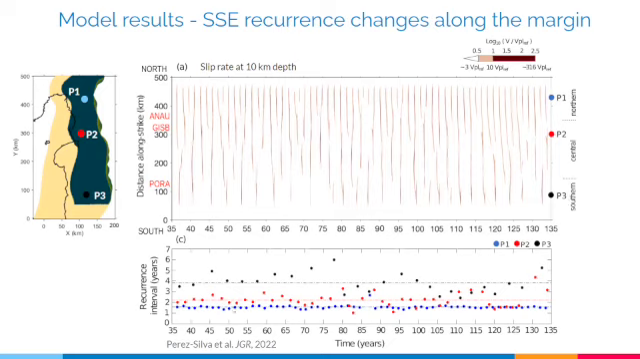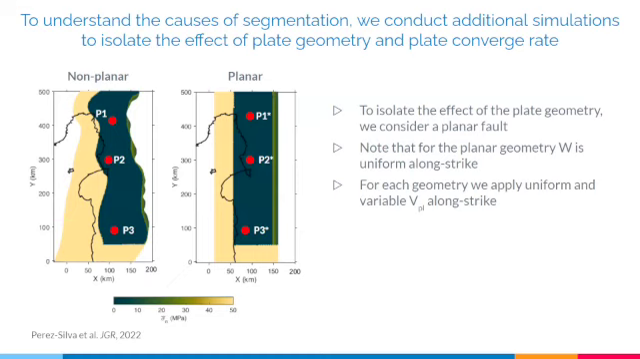So the model shows that the slow slip events are more frequent in the northern part of the margin at P1 and they are less frequent in the south. So this broadly coincides with the observations. However, we still don't know why this behavior is happening. So to address that question, we conduct additional simulations in which we isolate the effect of the plate